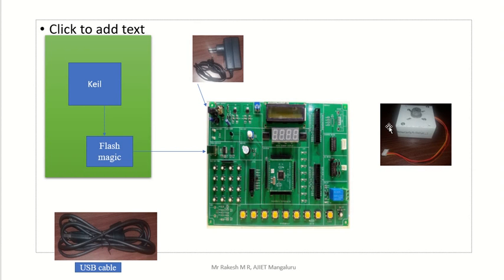And in the code we can change the speed of this rotation. We can increase the speed, we can decrease the speed, and we can go for a number of steps. That means a particular number of steps also we can rotate, for example 8 steps or 10 steps, we can do that in the code. So the code is very simple. There we can edit and make whatever changes we need. So this is about experiment number 11. Thank you.